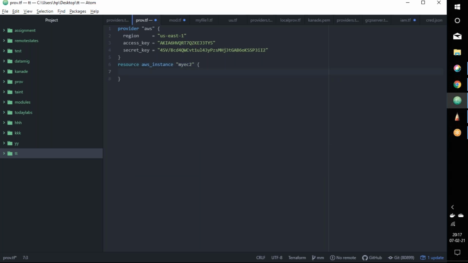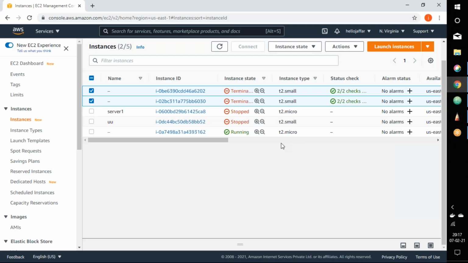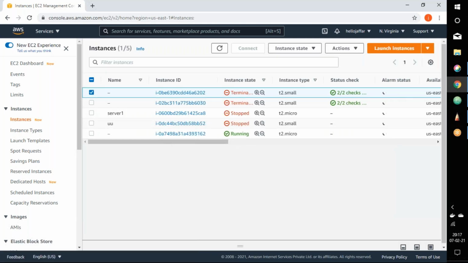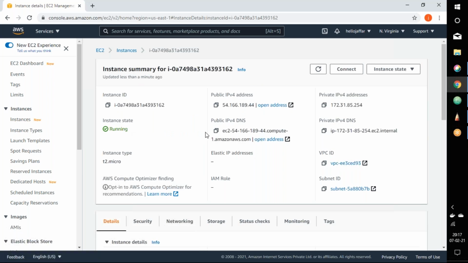And what do we need to write here? Let's look at the instance which we have launched. Not this one, let's go to the instances. This is the one we launched, and it's in running state.